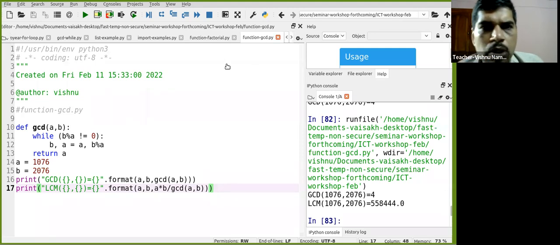Okay. So now suppose that we have already defined a function, and suppose that we want to use this function in some other file. So the best thing is, if there are related functions, for example, math functions are all defined in the math library in a single file, and then separately we are making use of it. Just like that, if you want to define a function and reuse it in some other program, do not put any other code inside that file. So just define the function with some extra comments there, and import that particular